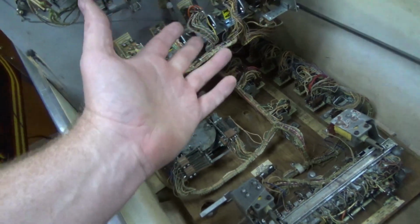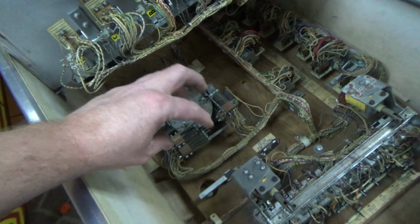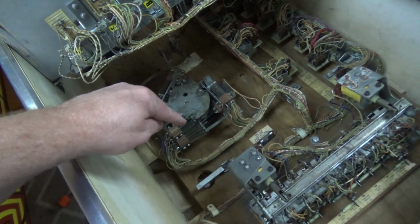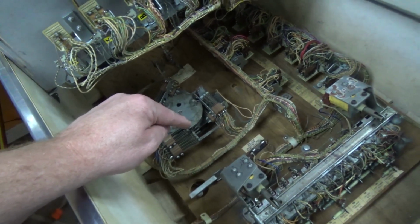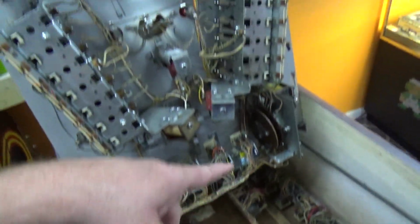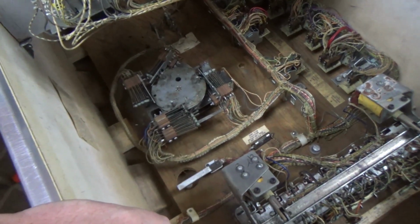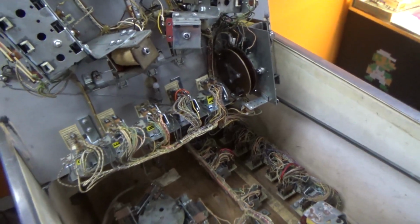So we need to fire it 14 times, I think it is. I think it's got 14 steps. So that will turn pretty much all the way around. It goes about this speed. Clack, clack, clack, clack, clack. By the time it gets back, it will have counted all of the bonuses and given you all your money. Pretty cool. All right, so I think that one's done, and I guess that's how it's going to work,